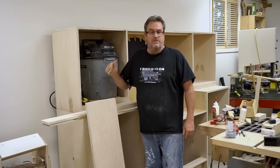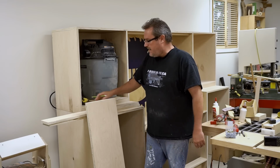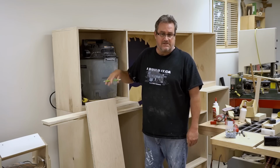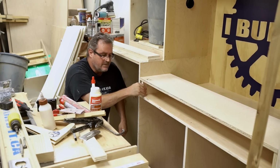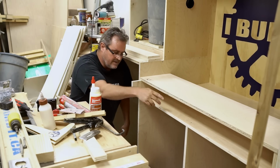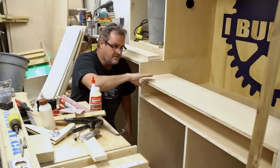Okay, I've only got 2 things left to do to make the cabinet functional, and that's to add the shelf for the saw itself and the side tables, the wings, that will support the stock on either side. I'm doing the shelf in 2 layers. I'm going to do the bottom one first. I've already put it in place, and I put the divider that I made for the middle here under this end, and then I cut another one that's scrap actually to go up on the other end to hold it